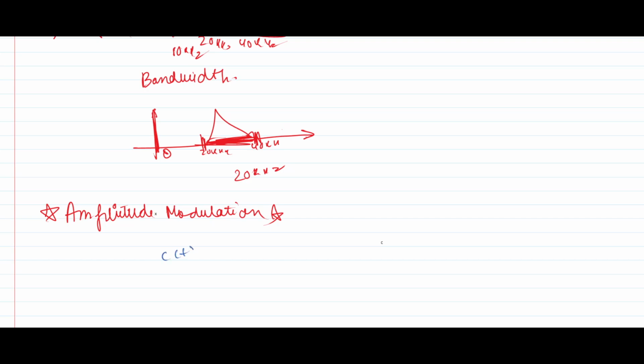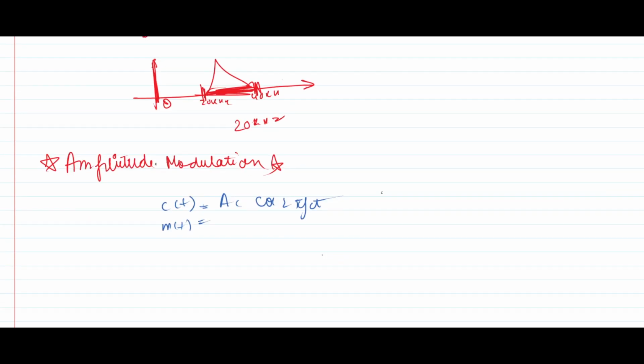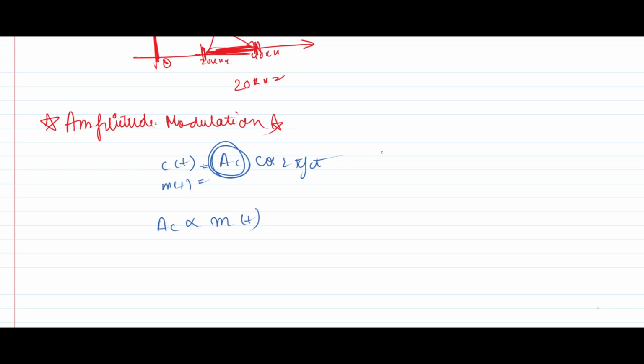So c(t) is the carrier signal, m(t) is the message signal. Let c(t) be Ac cos 2 pi fc t. What will happen is that we want to change the amplitude of the carrier signal with the message signal. So Ac is directly proportional to m(t). This is the basic thing that you must know. Ac is directly proportional to m(t). So if Ac is equal to Ka into m(t), where Ka is the amplitude sensitivity,